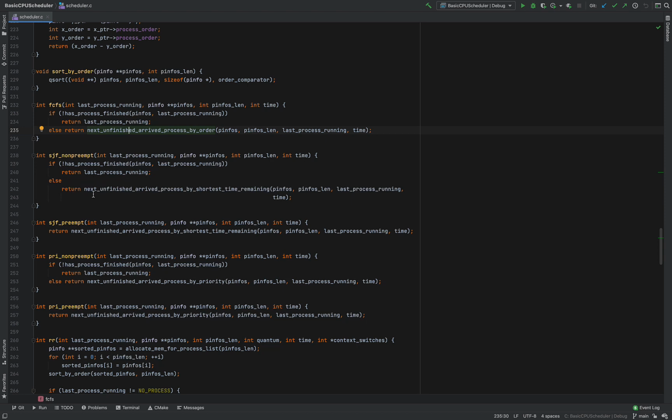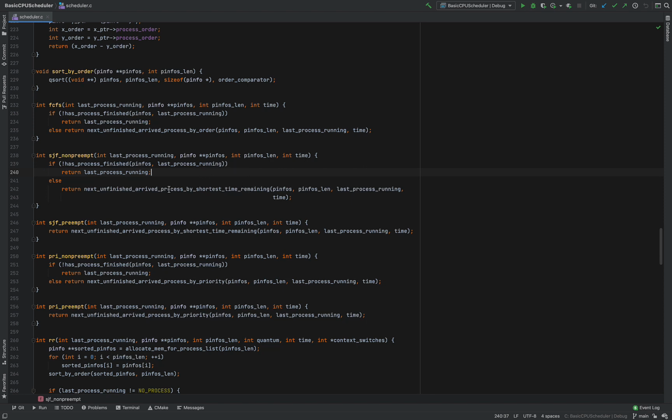Otherwise it returns the next unfinished arrived process by shortest time remaining. The FCFS algorithm was trying to figure out a process that has arrived and is not finished yet, but it selected a process going by the minimum order. But shortest job first is going to figure out a process which has the shortest time remaining.